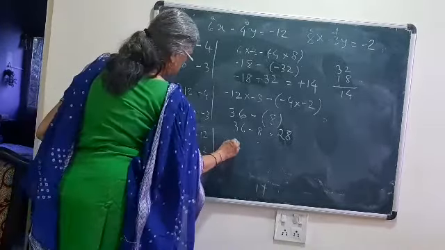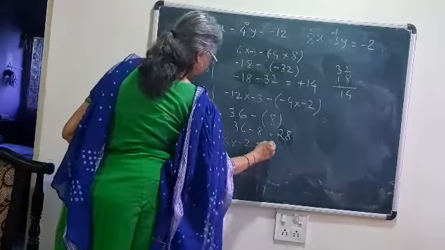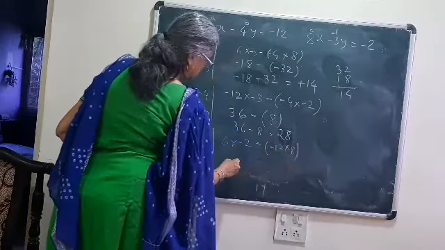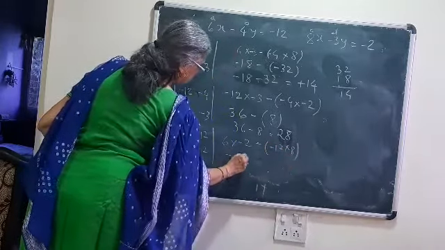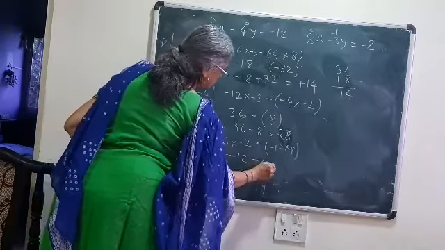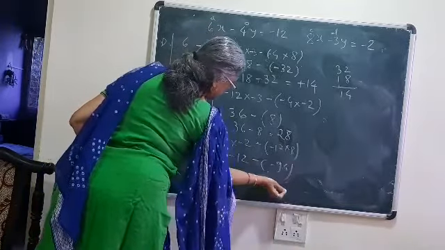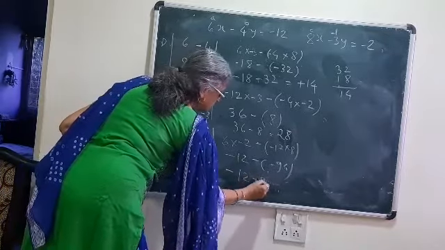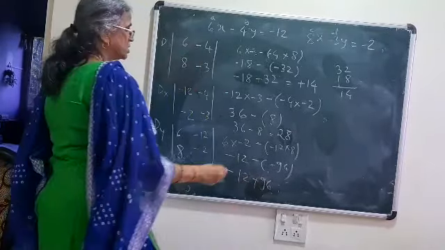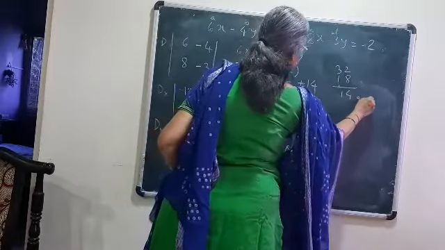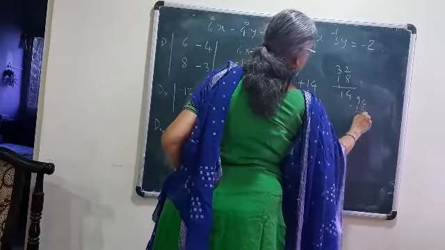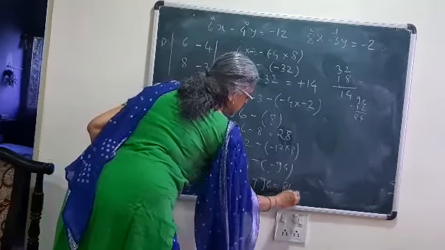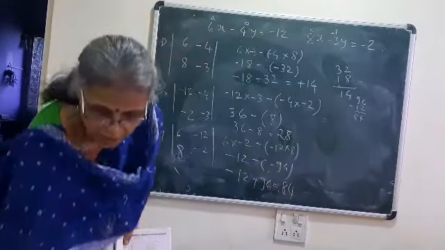So 6 into minus 2 minus 12 into 8. So 6 into minus 2 will be minus 12, minus 96. So minus 12 plus 96. How much is it? 96 minus 12. It is 84. Plus 84, bigger number sign. Then